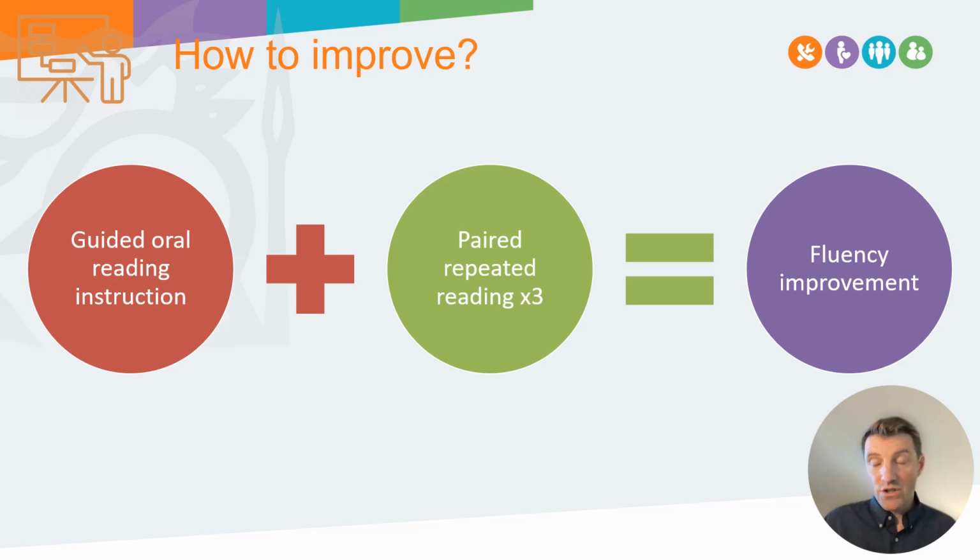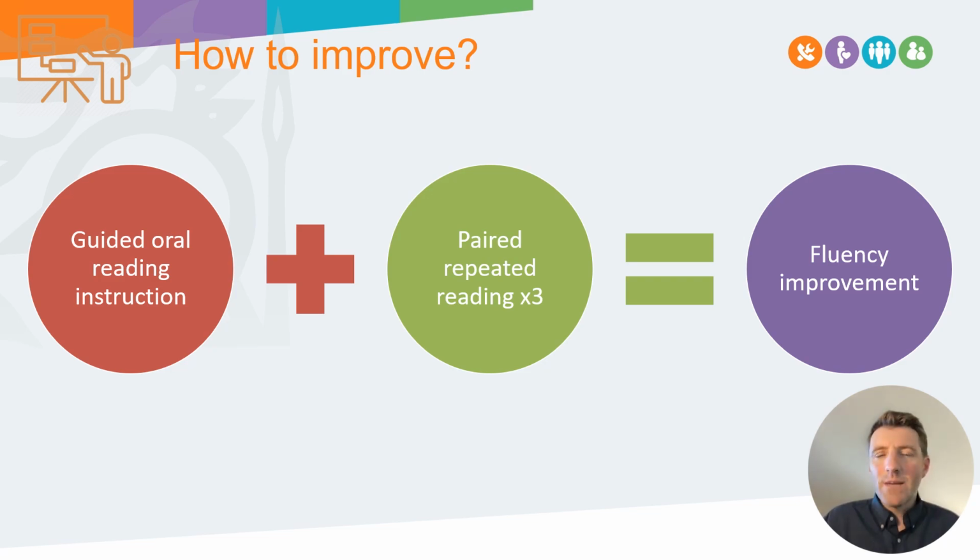Research has shown that repeated reading up to about 3 times, no more than that, seems to be optimal. Repeated reading involves pupils rereading a short text a set number of times, 3, until they reach a suitable level of fluency with that piece of text. It's a great way to develop accuracy and automaticity when encountering complex Tier 2 or sometimes even Tier 3 vocabulary that we spoke about in the previous video.